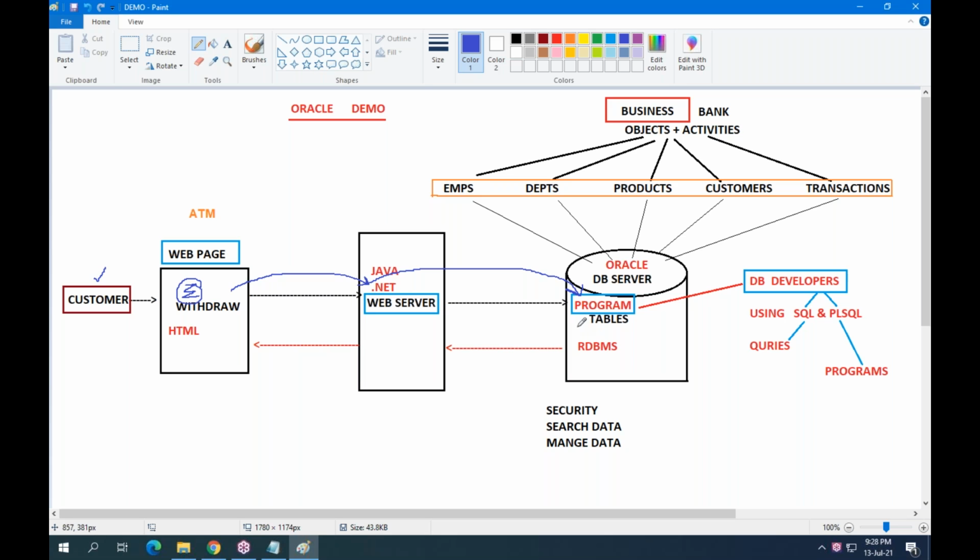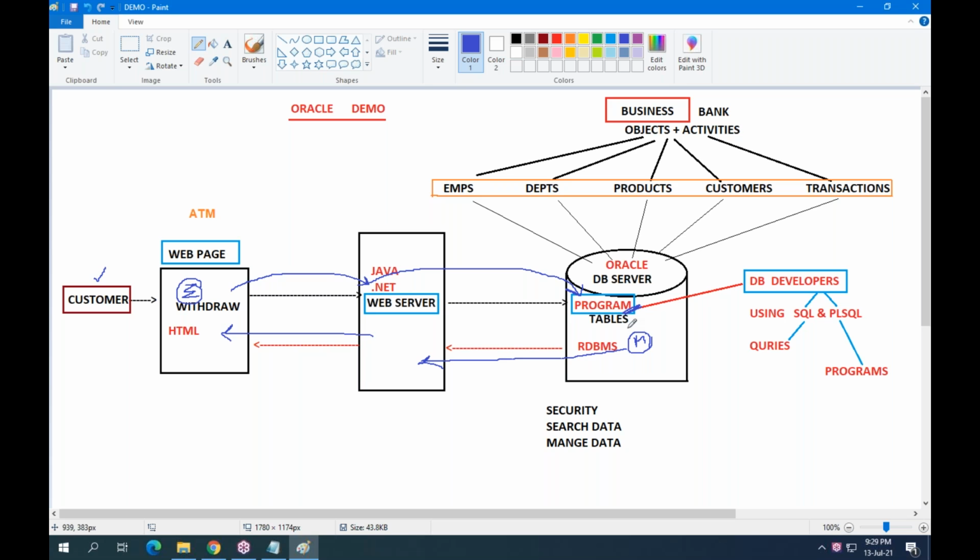In the database server, one database program searches for my data, my mobile data. That mobile information passes to the web server. The web server presents the data to the web page. Hope you understand, right?